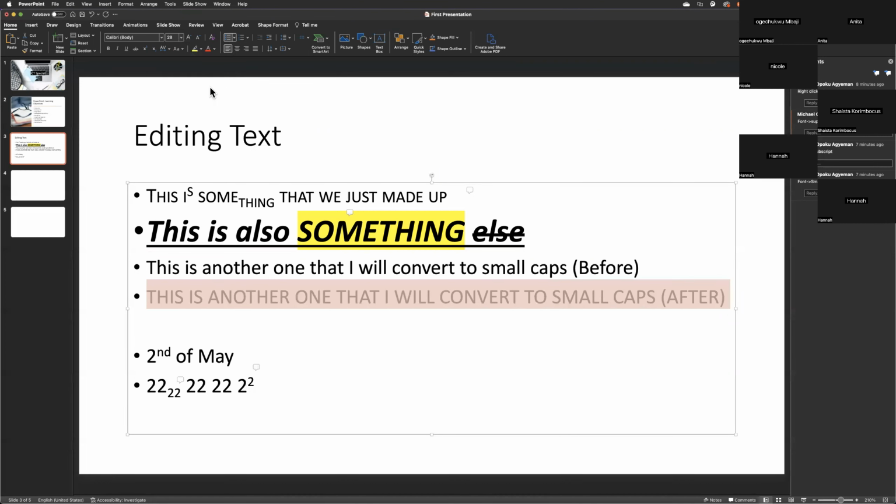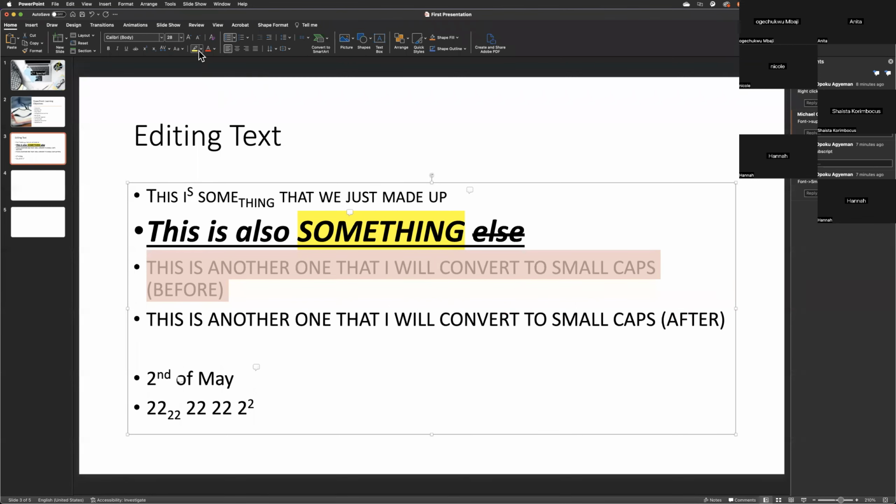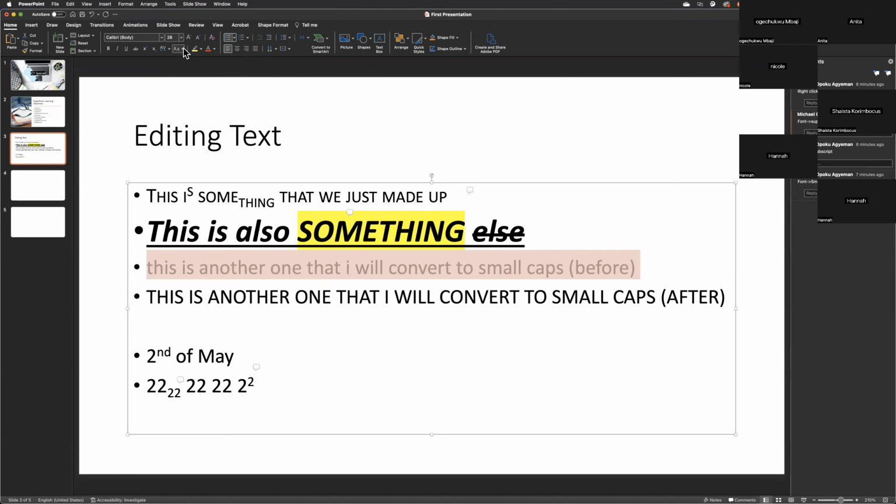Let's toggle the case for this one. Don't think this will help better. Let's go with the original one, the one before. Change to upper, that works a lot better, right? And let's change to lower. Again, we notice that it's going to lowercase, so you don't have to retype it when you make a mistake